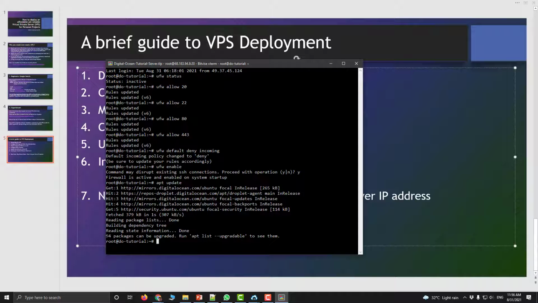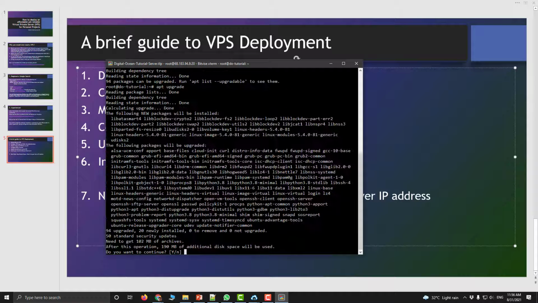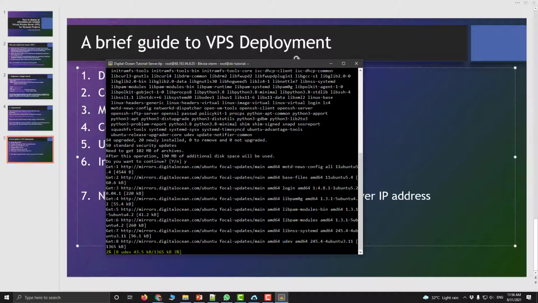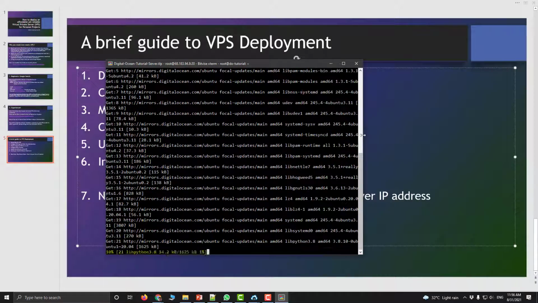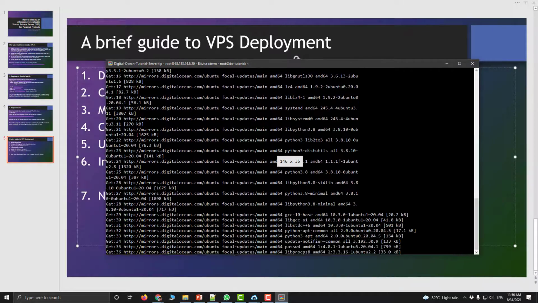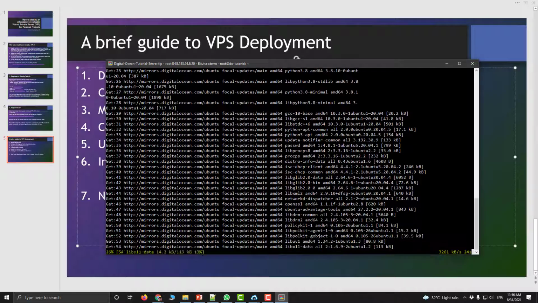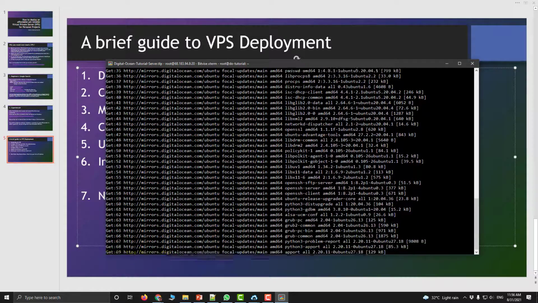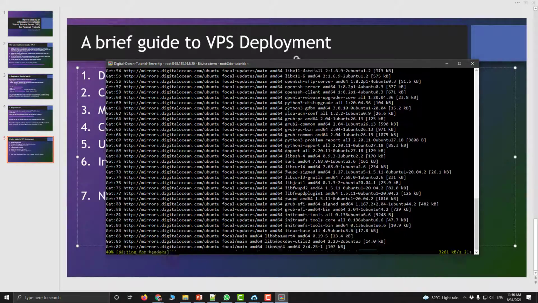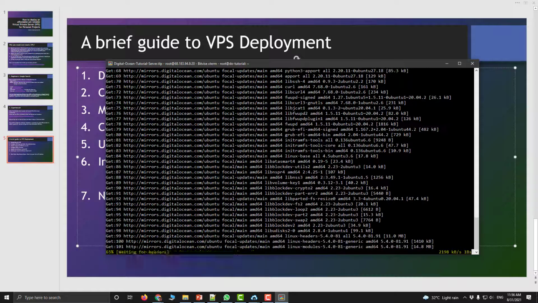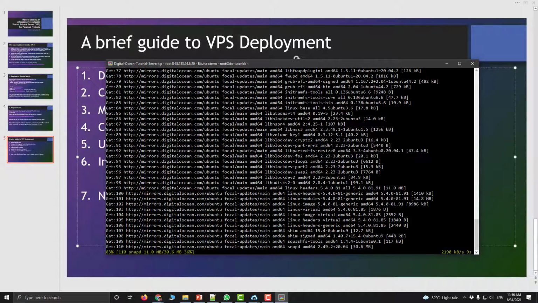Now it says that 94 packages can be upgraded, so you can write apt upgrade to review which packages are being upgraded, and you can update them all, no problem. Just hit yes, because the VPS images are most of the time very old ones, so they seldom get updated. So this is the first thing, and if your VPS is still running after this update, then you can install the software that you are really going to use.